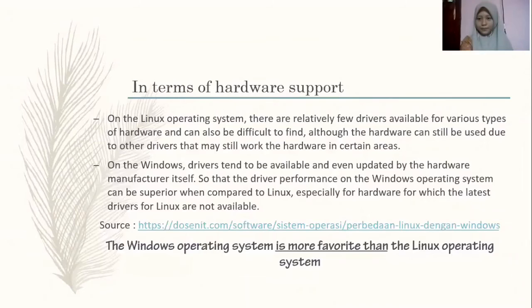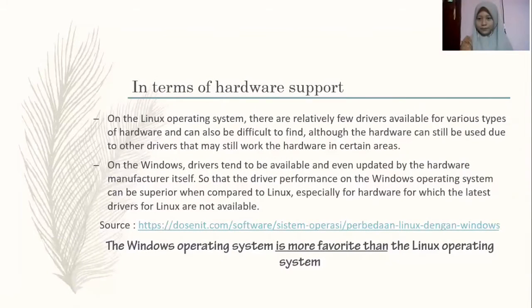In terms of hardware support, on the Linux operating system, there are relatively few drivers available for various types of hardware, and they can also be difficult to find. Although the hardware can still be used, because other drivers may still work with the hardware in certain areas.